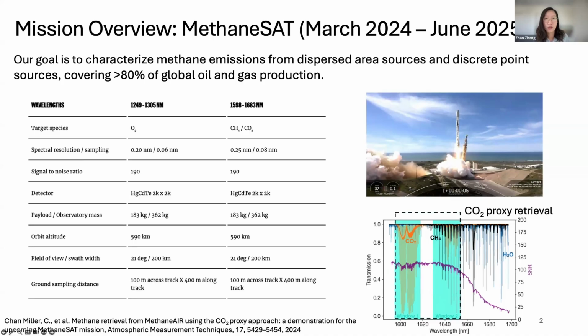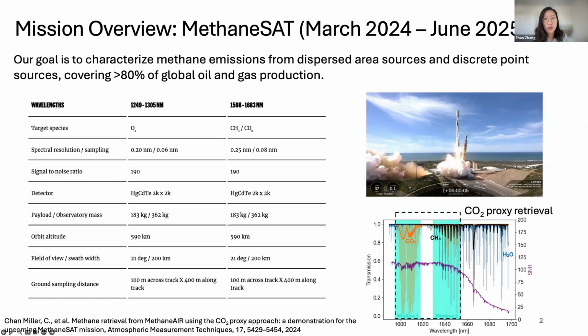Our goal here is to categorize methane from both dispersed area emissions and discrete point sources, covering more than 80% of global oil and gas production. The left table here shows the key instrument characteristics. MethaneSAT has two wavelength bands, an O2 band and a combined CH4/CO2 band. Both these bands have sub-nanometer spectral resolution. The spatial resolution is 100 meter across track times 400 meter along track, which is moderate compared to typical point